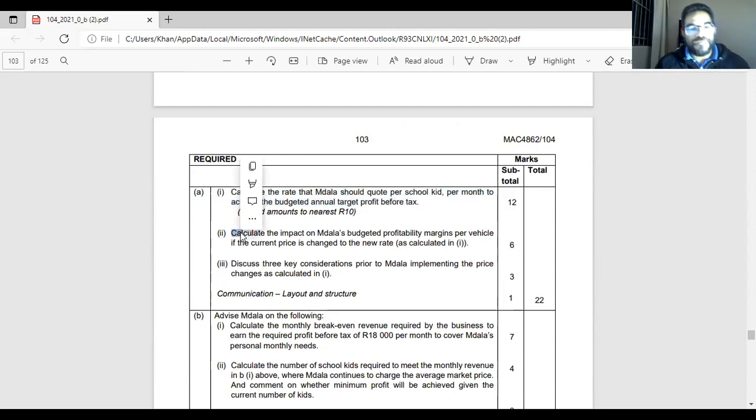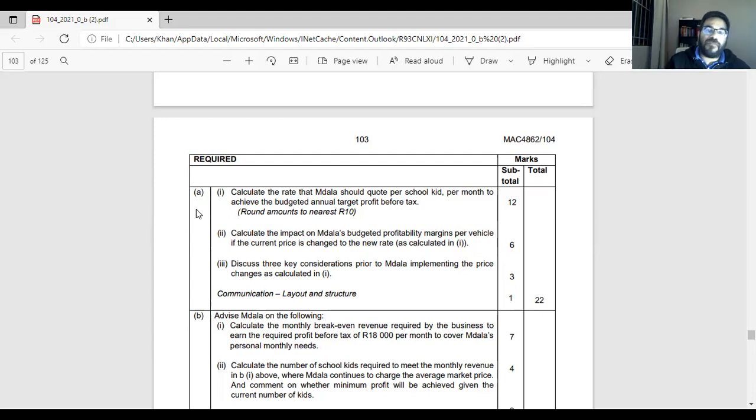So let's read it. So they say, part A1, calculate the rate that Madonna should quote per school kid per month to achieve the budgeted annual target profit before tax. Now remember, they want to know the price per child. So the price per child, how much must we, what is the amount we need to make in order to generate a target profit? It is the same thing that they're asking you,